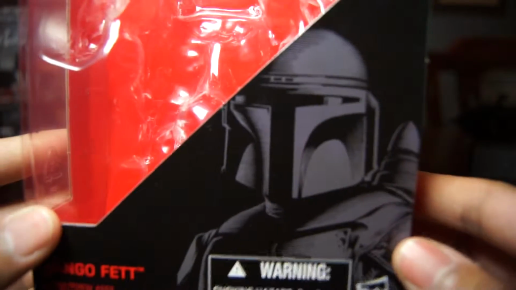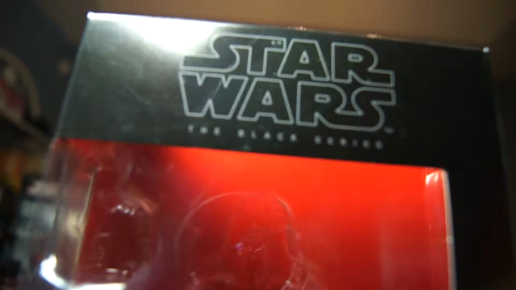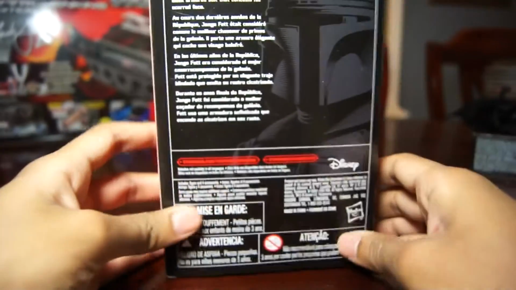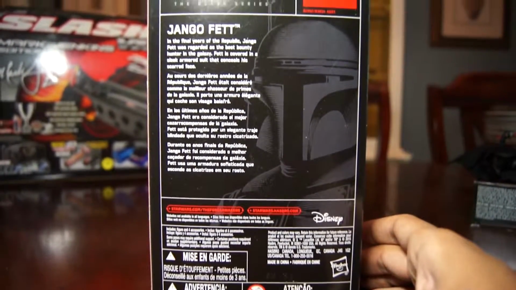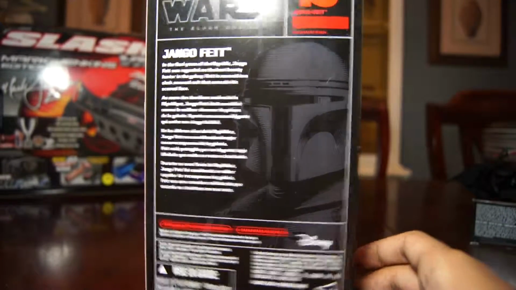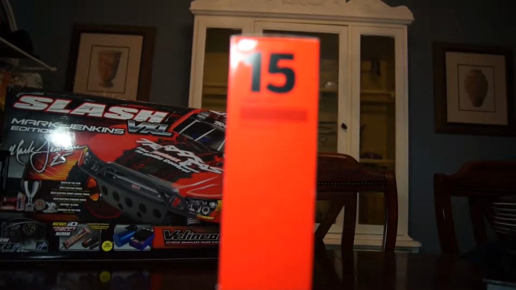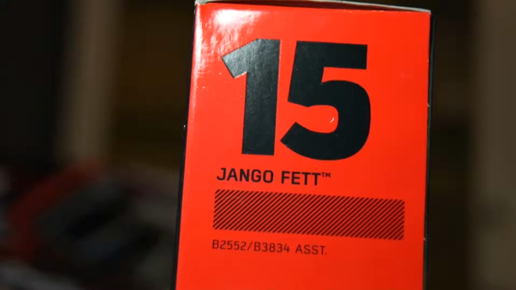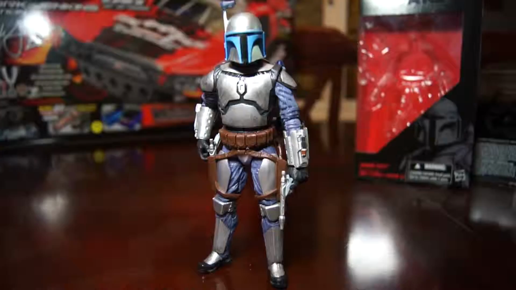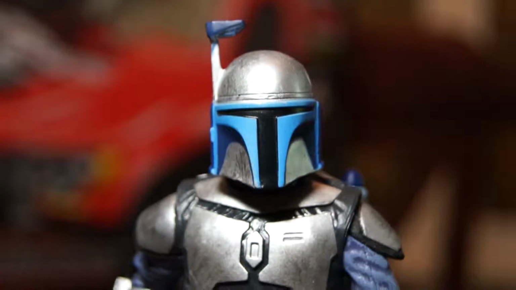Here's Jango Fett and the box art. He looks pretty cool. And here's the back of the box, and this is all the Jango Fett store news. In the first years of the Republic, Jango Fett was regarded as the best bounty hunter in the galaxy, blah, blah, blah. And this is the side, that's the other side, and that is numbers 15. So, now that we have the box out of the way,